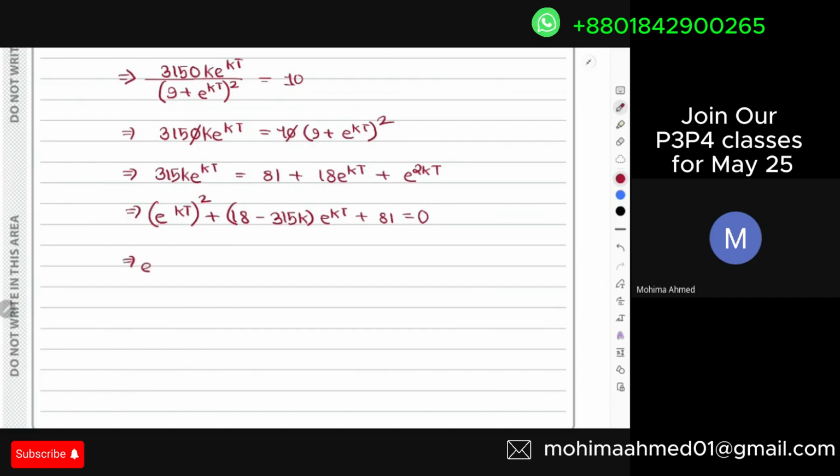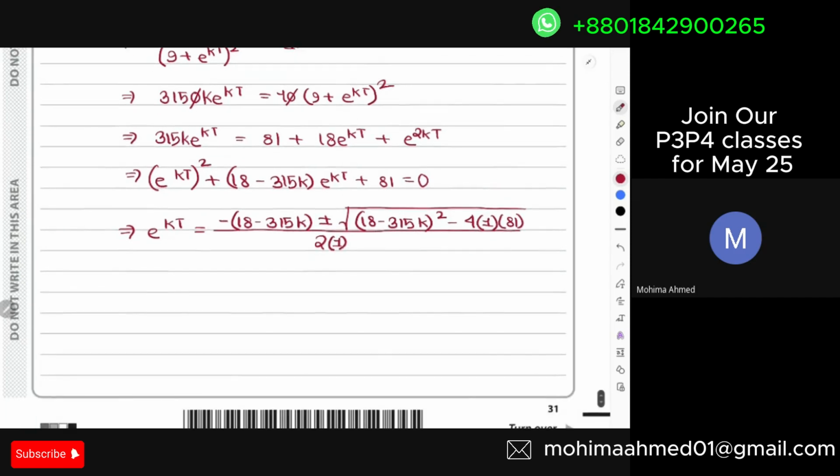I'll write down the expression here first, that EKT is going to be minus 18 minus 315k plus minus 18 minus 315k whole square minus 4ac, everything under the square root, divided by